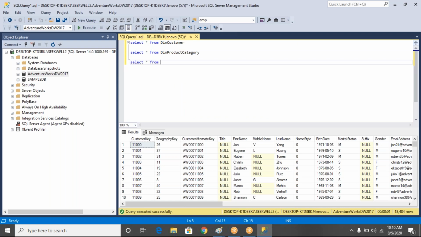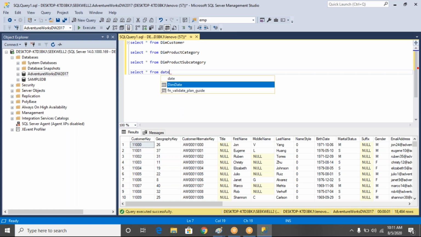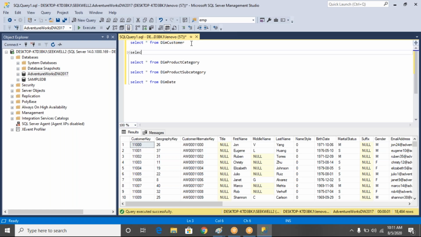and then select star from DimProductSubcategory table, and DimProduct. If you want to see all the dates information, you have a date dimension, and which city and which location each customer belongs to, we are maintaining in a geography table. So these are all the tables we have, and the information related to the sales will come from the